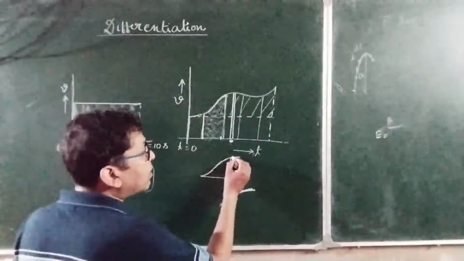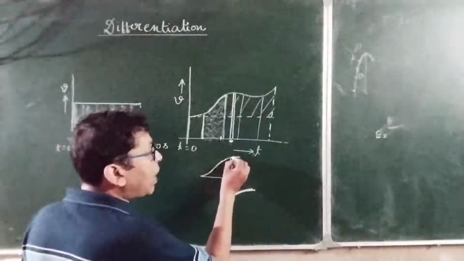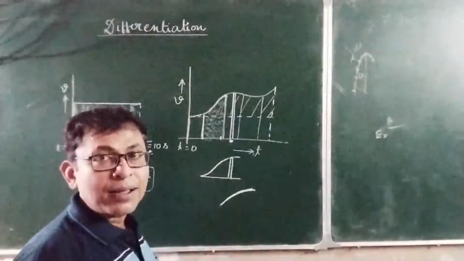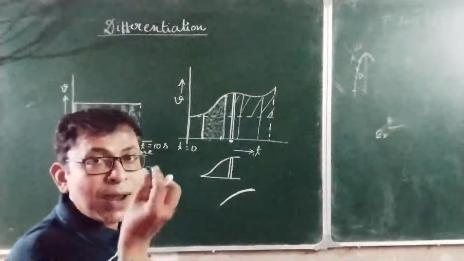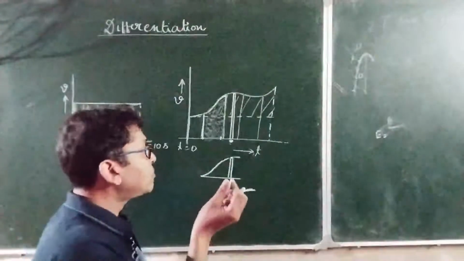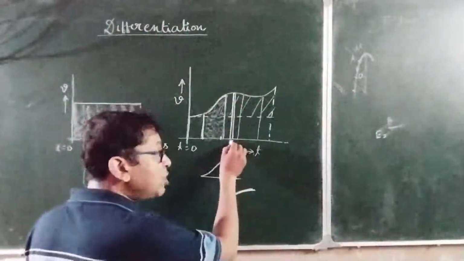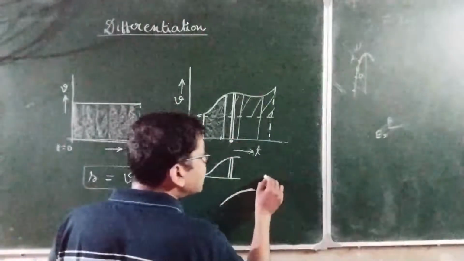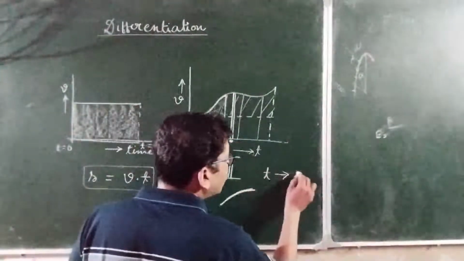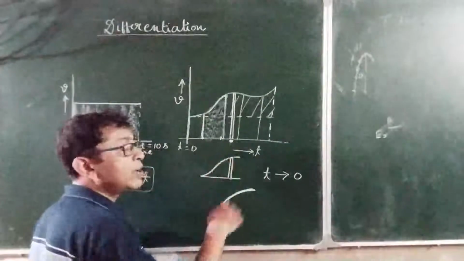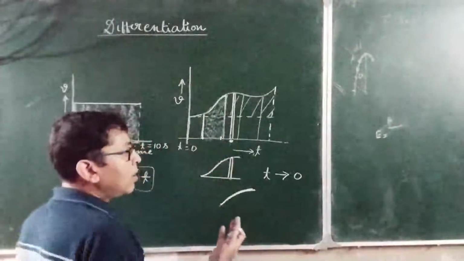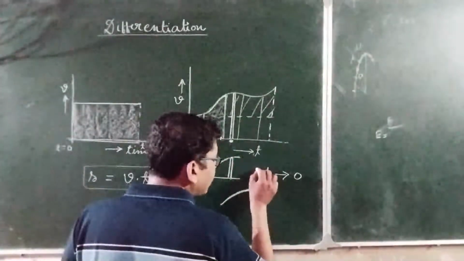Then that top part can be taken as a flat straight line when the time becomes extremely small, as 0. So when the time interval tends to 0,